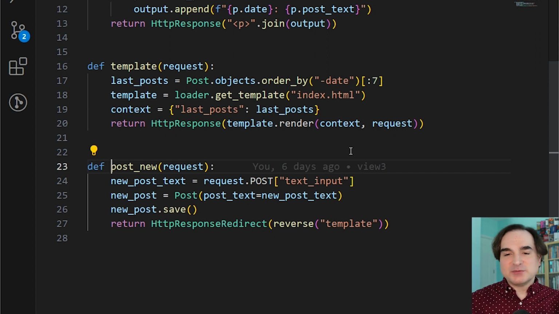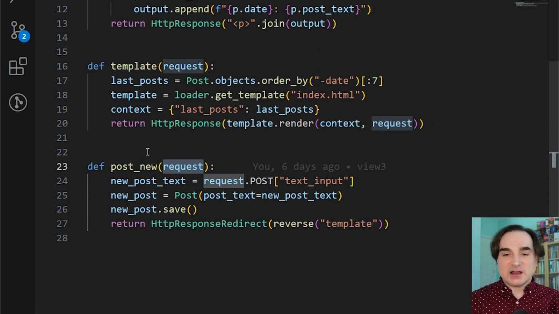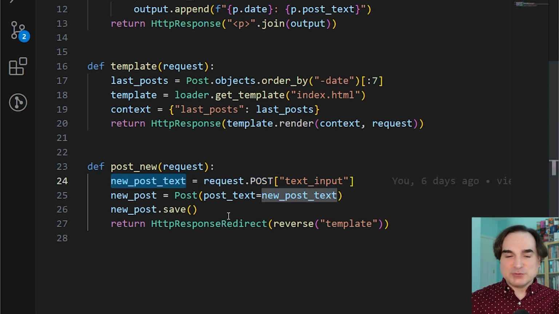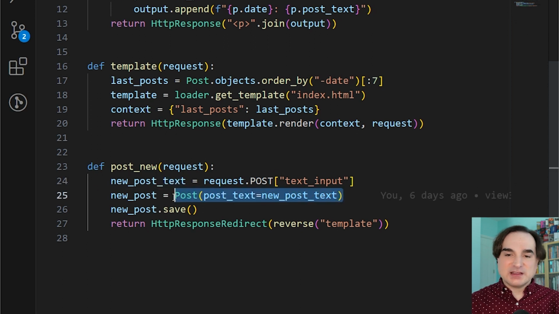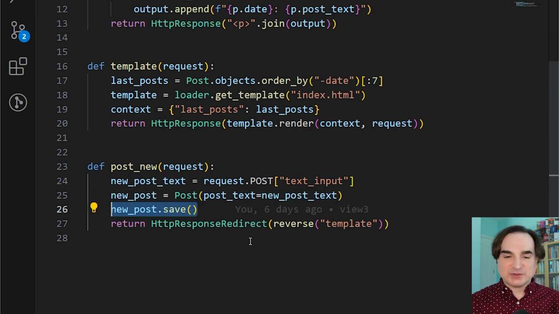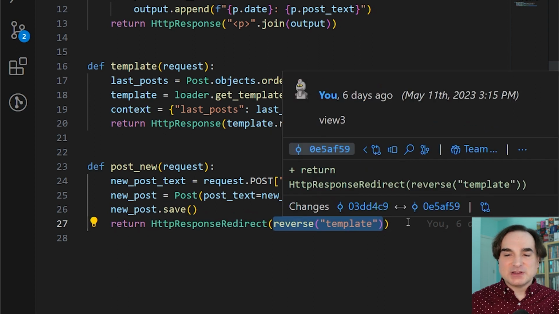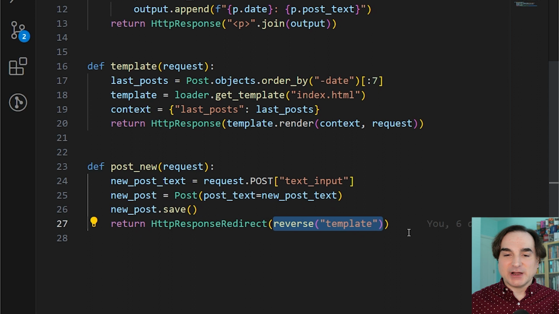Now, the way we work with a form submission in Django is pretty straightforward. Every route function always takes in a first argument that is a request object, an object that holds information about the current request. We can index into that object's post attribute, as we would a dictionary, to get a form field by name. So once we get the text from the form submission, we can create a new post in the database with that text and save it. And then we send the user back to the original URL, the one that does the display, using a redirect. This reverse function, by the way, from the Django.urls module, takes the name of some view and gets its URL in much the same way the URL tag worked in the template.